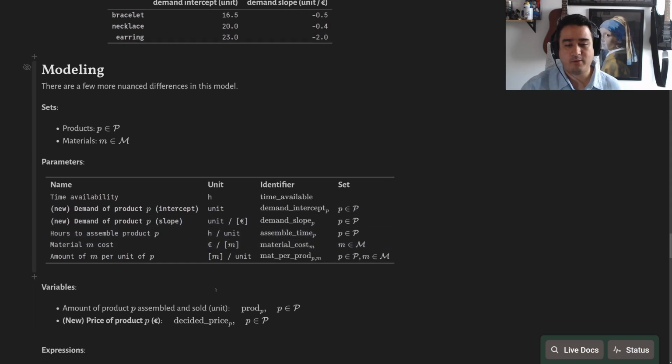So here instead we have a new variable, which is the price of the product P in euros. So the decided price is our new variable. I changed the name to be more explicit. That is not the selling price. We also have the production, and the production is going to be limited by the demand, as we had above. We cannot produce more than the demand, because we're going to assume that everything that we produce is going to be sold. So we have to produce up to the demand. We could in principle say that the production and the demand are the same thing. We're not going to do that for reasons that I'm going to talk about later. But most importantly, the decided price is a variable now along with the production,